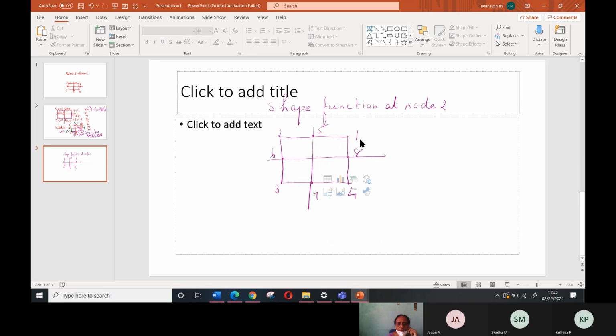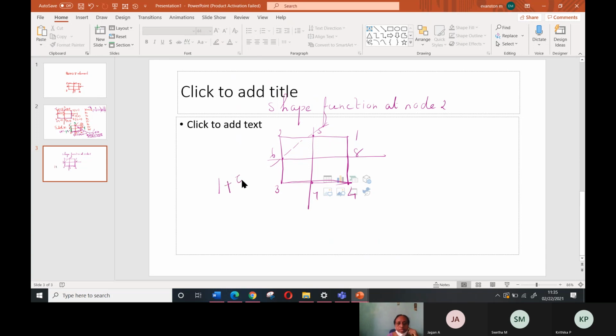You know how to find out the equation of the line 1, 8, and this one also. So your doubt is how to find out the equation of this line. So if I take that one, that is 1